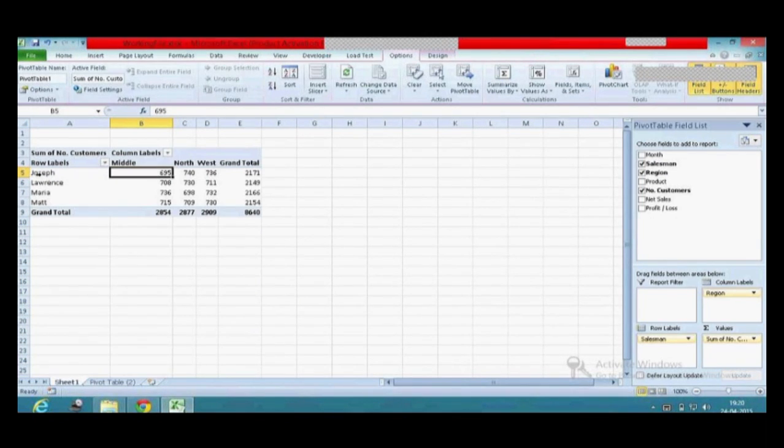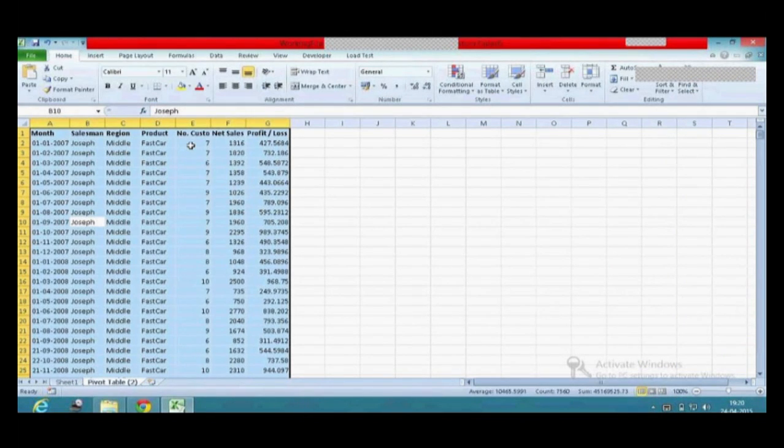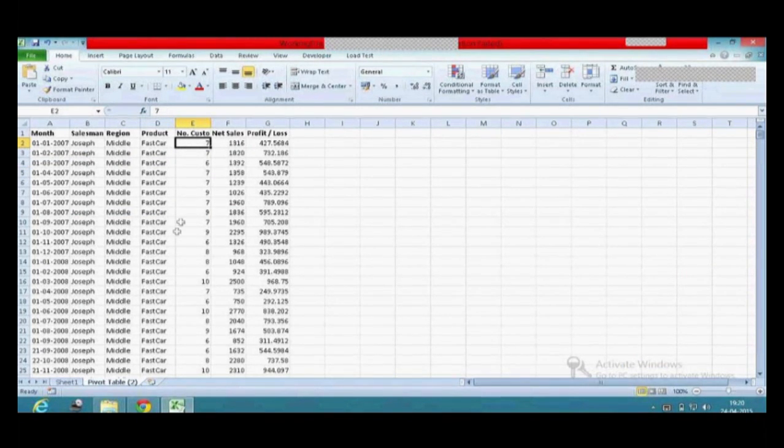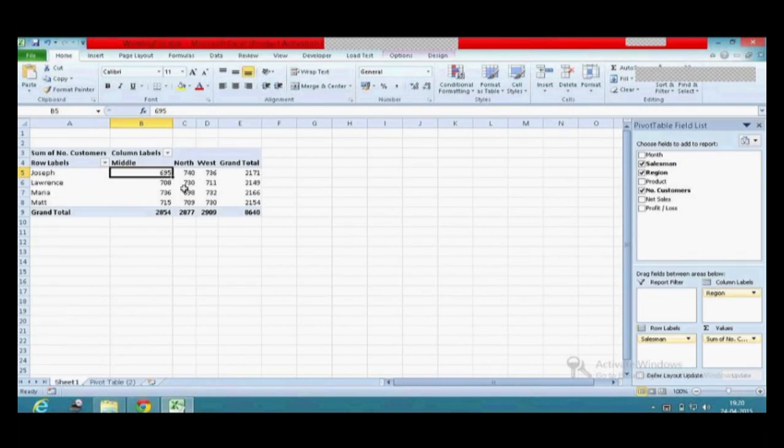So if I go ahead and edit any of this, it's fine. But if I edit it here, how would it affect the source data? There is no clarity. It creates a lot of ambiguity. That is the reason you will see that pivot table will not allow you to edit the data in here. If you want to edit, you will have to edit it on the source.